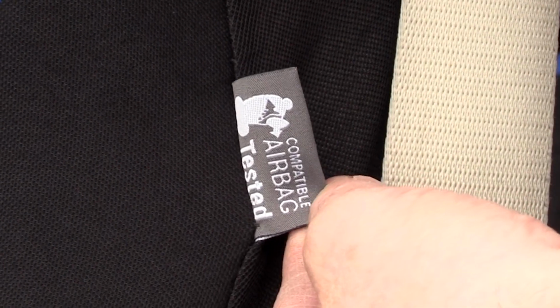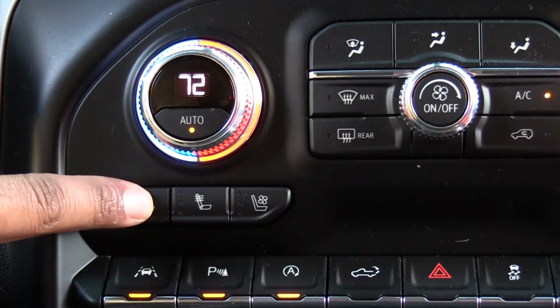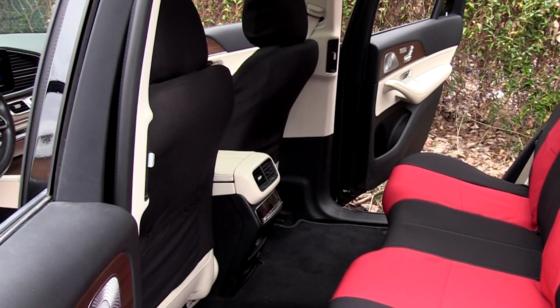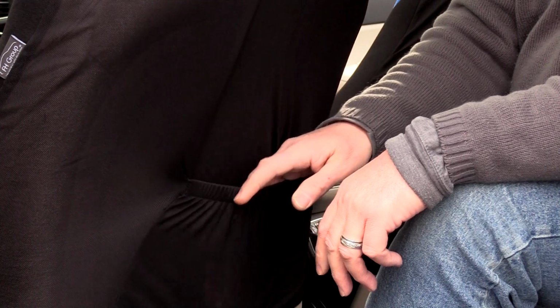The tag is easily visible and should be facing the door. To top it off, the covers can accommodate traditional heated or cooled seats. Plus, the back of the bucket seat features a slip pocket to keep your personal items stored within an arm's